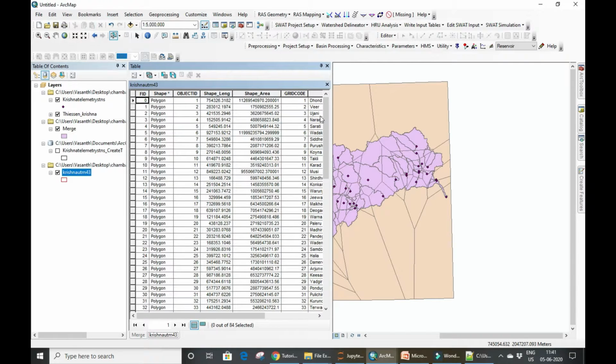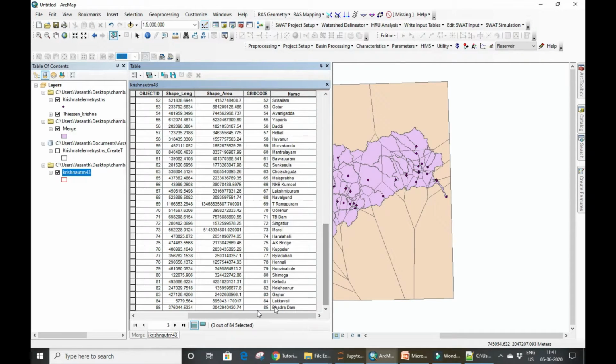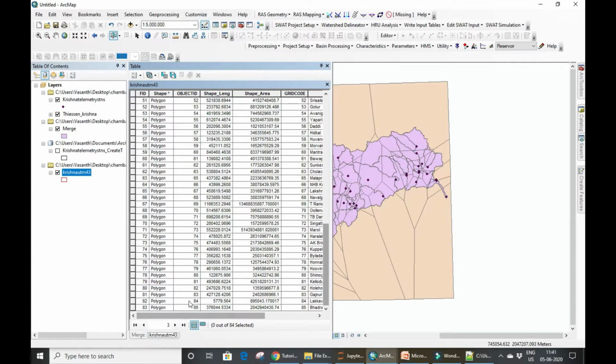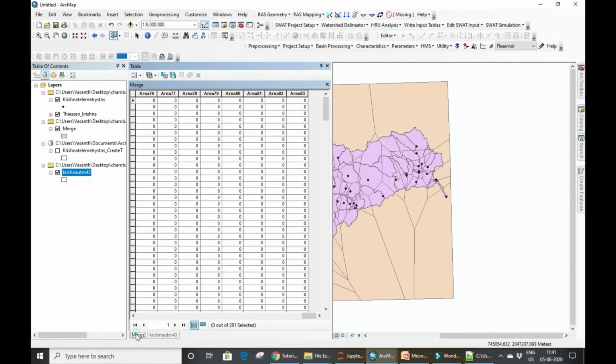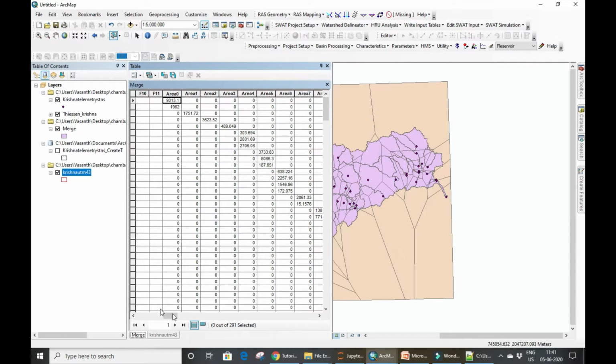It starts from 0 to 83, so there are 84 subcatchments in total. The 0 to 83 is basically based on the FID. In the same order,